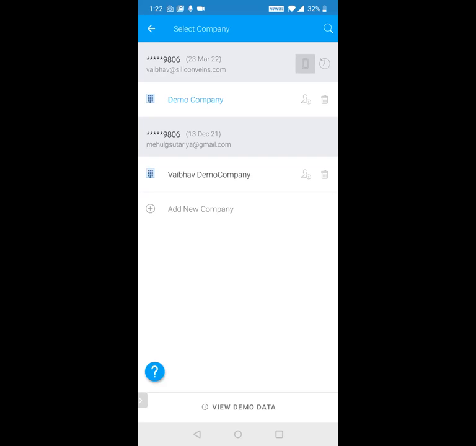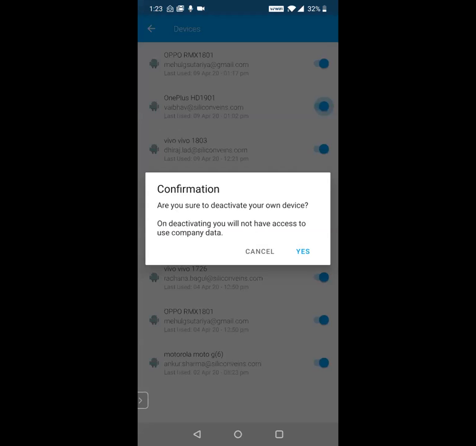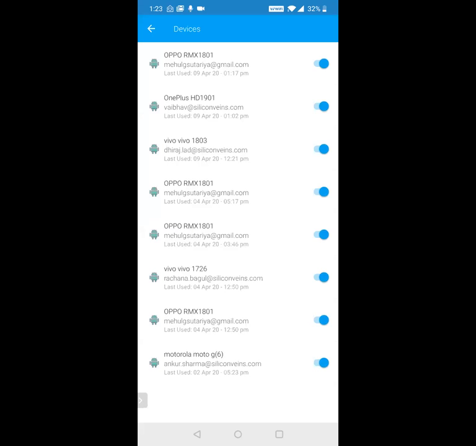Now over here, if you look at this icon next to your email address or your Tally serial number. Okay. If you click on it, you are able to get all the devices in which the app is getting used. So if you find a device, Vaibhav is using this OnePlus, I don't recognize this device, or maybe that's a device he just lost, you can turn off that device from here and all the data will get wiped off from his phone. Okay, so you have that control. If anyone wants to change a phone, or has lost the phone, or if you find some wrong device, you can just remove them from here.